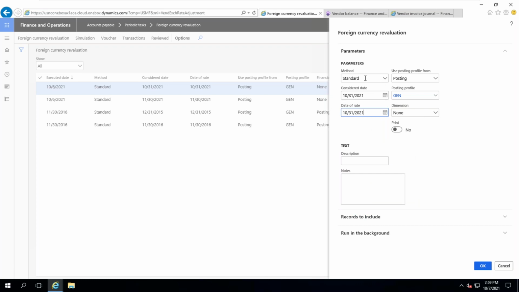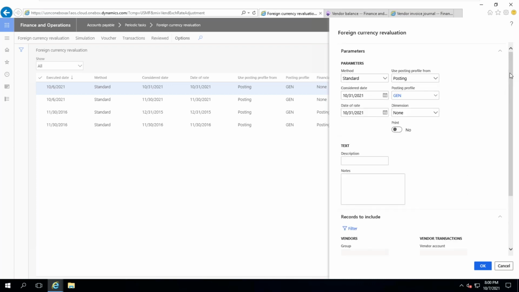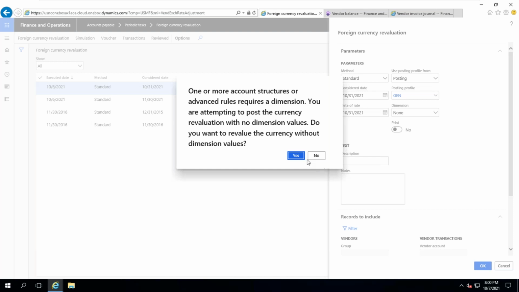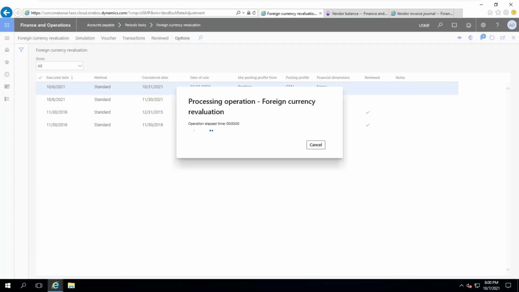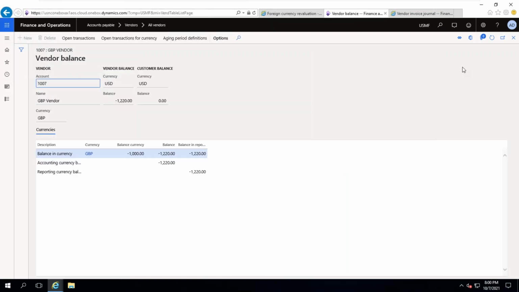Okay. So I'm taking the standard, normal standard process. This is a regular process which should be done by any client. Any client will use only standard. Okay, I'm proceeding. And in this case, the reversal will happen on 1st November? No. Usually the reversal happens at the beginning of the next period, correct? I have not come to that point. Now I have executed this one on 31st of October. Okay, now if I verify the balance,